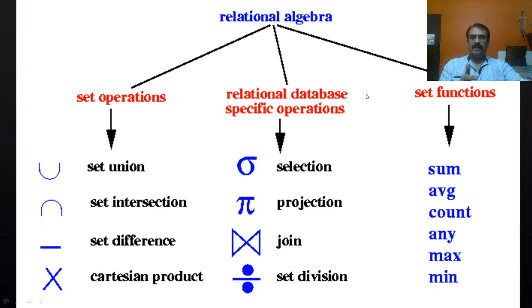And this is just a chart showing you what kind of operations are there. There are set operations like union, intersection, difference, and Cartesian product, which are applied on a set, and this set theory we have already learned in mathematics. There are specific database related operations: selection, projection, join, set division. Those we are also going to explore, along with some set functions or aggregate functions which we learned in SQL also, that is average, sum, count, mean, max, and all. These are the operations which we are going to combine to form a relational algebra query expression which will be fired to a database, and we are going to get the answer.